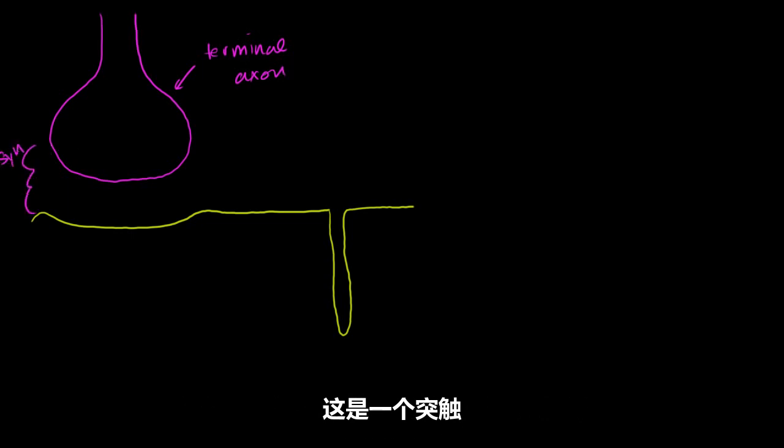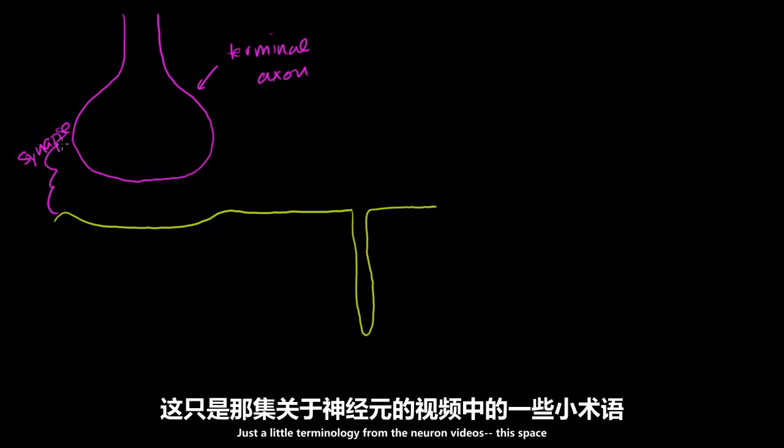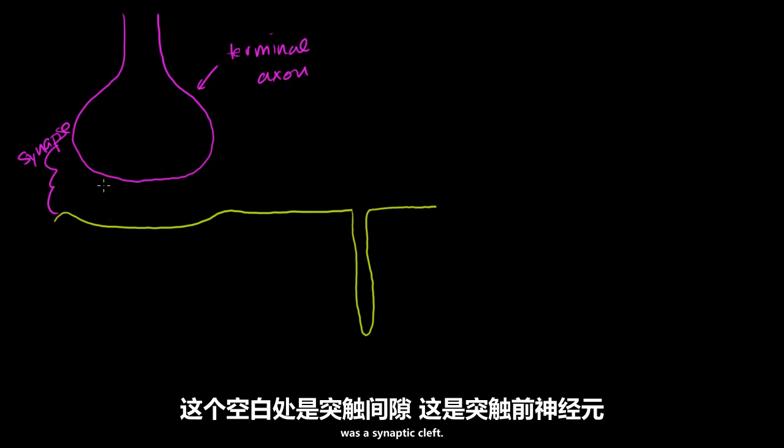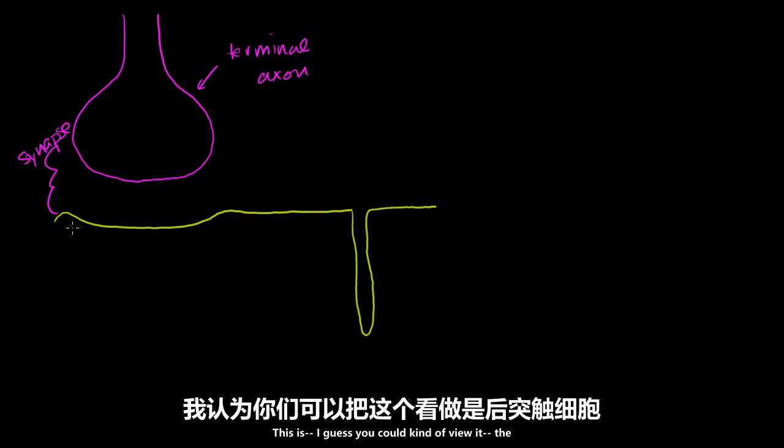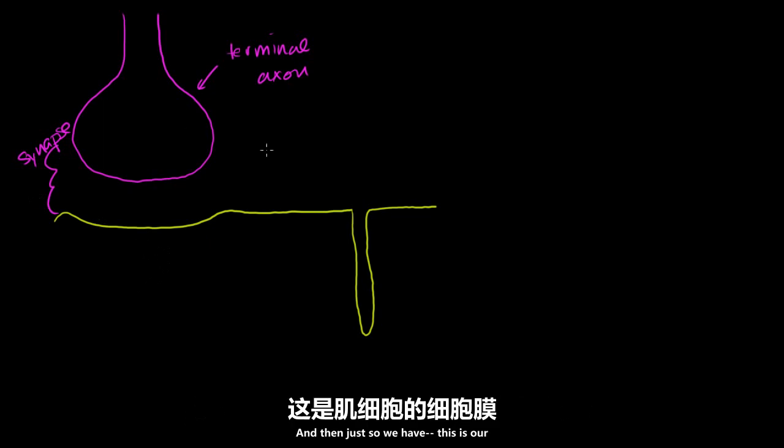Synapse. And I realize I'm going off the screen. Just a little terminology from the neuron videos. This space was a synaptic cleft. This is the presynaptic neuron. This is, I guess you could kind of view it, the postsynaptic cell. It's not a neuron in this case. And then, just so we have, this is our membrane. This is the plasma membrane